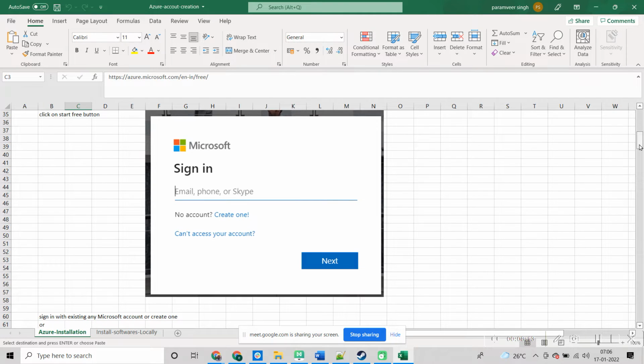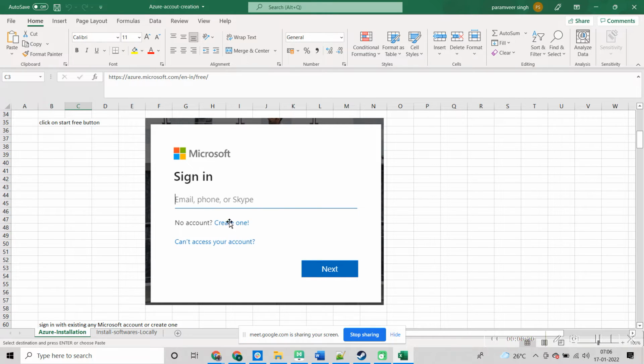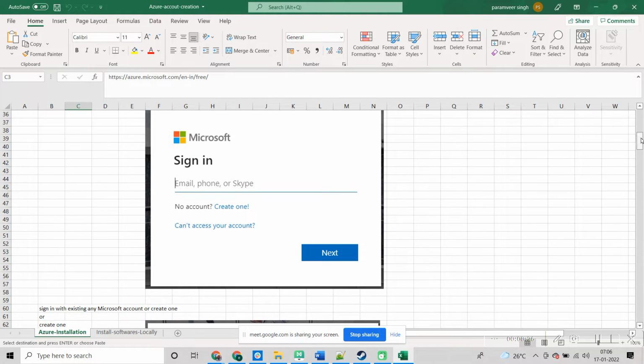And if you don't have Microsoft account, you can create one through here itself. Create one option is there. So from here you can create one. Let me know if I'm going fast or if you're facing an issue.